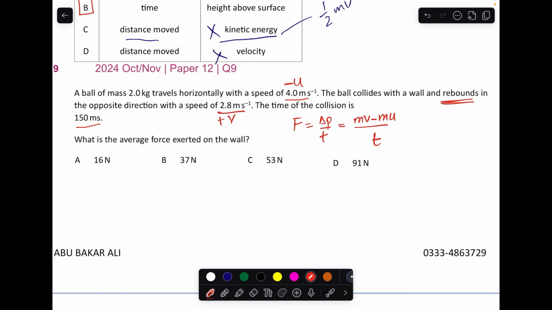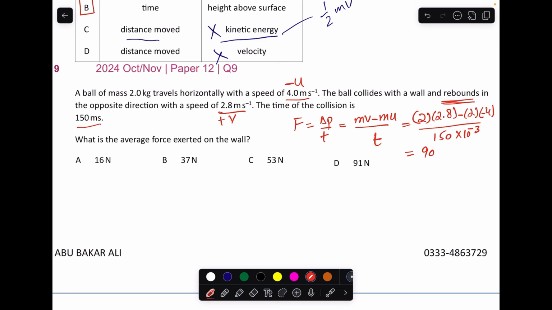Okay, so when you put the values, mass is 2, velocity is 2.8, minus 2 into u, which is minus 4, divided by the time, 150, micro, milli, sorry, into 10 to the power minus 3. Okay, so that will give you 90.66, that is 91 newton. Okay,